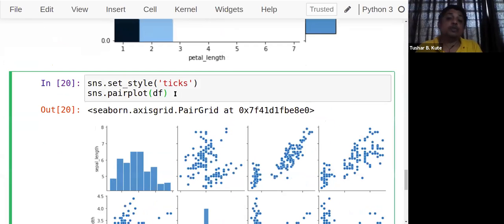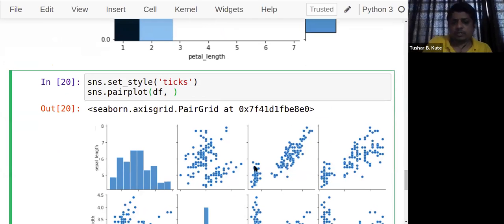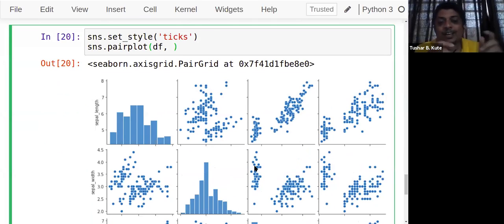Now let's add a few more parameters to it. To the data frame, see, the data set again: we have sepal length, sepal width, petal width, and the last column is species. Now I want to highlight these species, which one is versicolor, which is virginica, and which is setosa. It's a categorical output variable, and it's a very great analysis that we can do. The hue parameter you have to pass, and hue is species. It's taken from the data set itself. Now see this one.